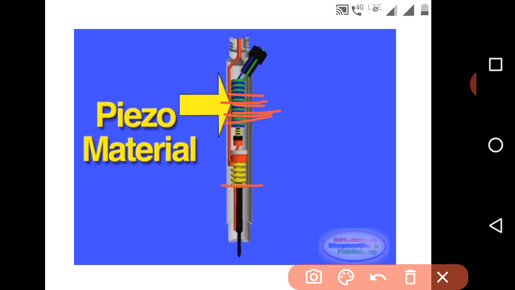Now you can think that even though the expansion is so small, how will it overcome the spring pressure and inject the fuel? For that, we use 100 slices and prepare a stack.